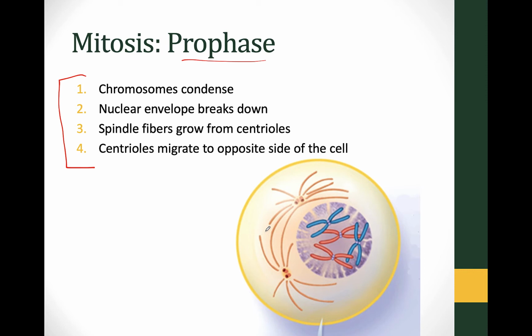You don't just take your belongings and throw them in the truck and take them to the new house. Instead, what you do is you condense them. You take all of your belongings and you pack them in boxes as tightly as you can so that you don't have to move as many things. Same thing's going on here. Chromatin is very much like looking like spaghetti.